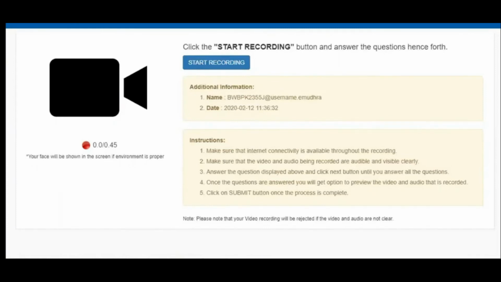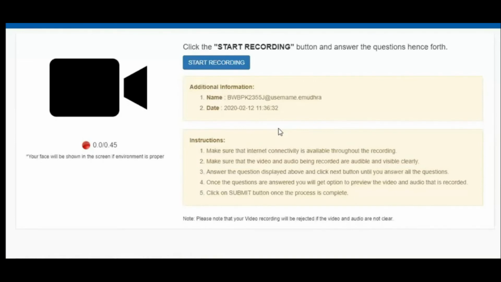Just hold on, guys. Okay, so friends, you can see here, this is a page where it is asking you to start recording. Now you are not the client, correct? If you press start recording, then you will record your own video. But the moment this page appears, you have to discontinue this process. You have to call the client. You have to give him his username, that is his PAN card. In my case, I did my PAN card, and the password, which was 123456. So you have to log into eMudra website. Okay, and from there he has to start recording.